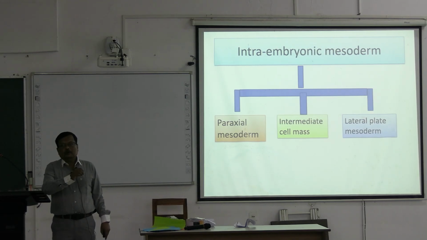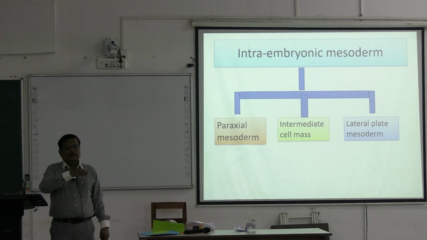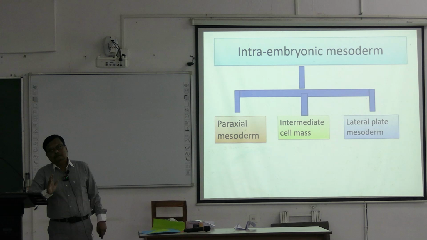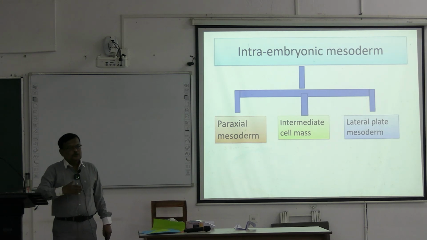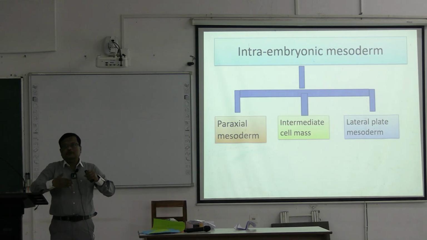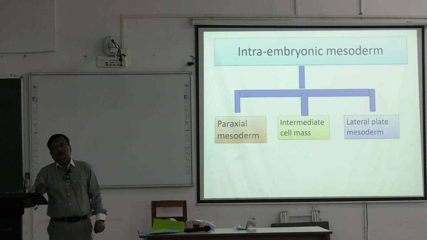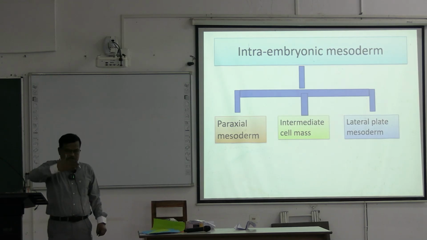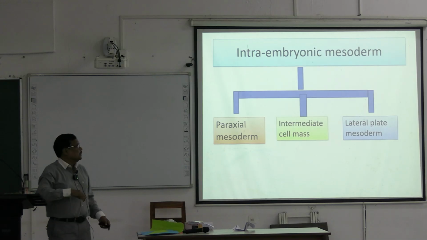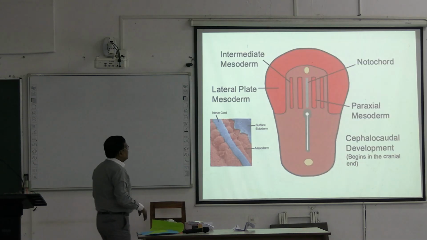notochord and precaudal plate. But cranial to the notochord, precaudal plate, mesoderm is present even in the midline, right? So if we take a cut section in the midline and see longitudinally, we see only mesoderm in the cranial region, but in the other regions mesoderm will be absent. But if we cut just to the side, then we can see the 3 layers. Remember this. Now, intraembryonic mesoderm,